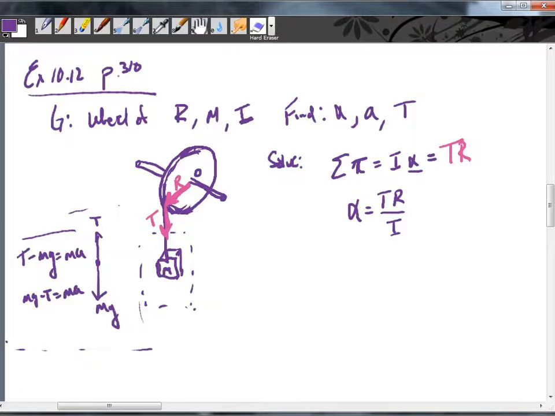So I'm taking the tension acting on the wheel to be positive. That means down is positive for tension, and gravity has to be positive. All right. So our tension is then going to equal ma